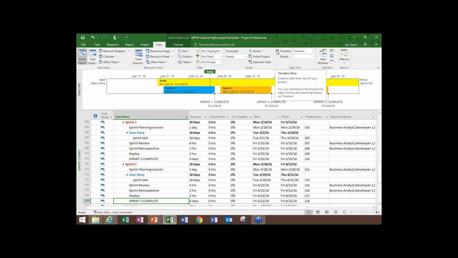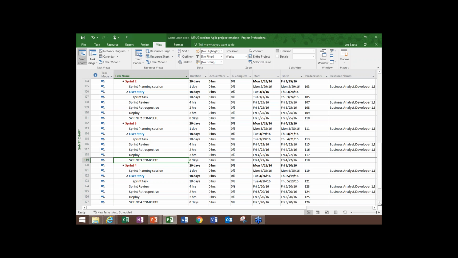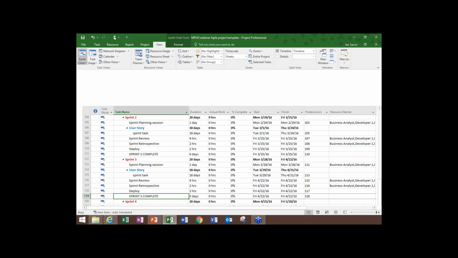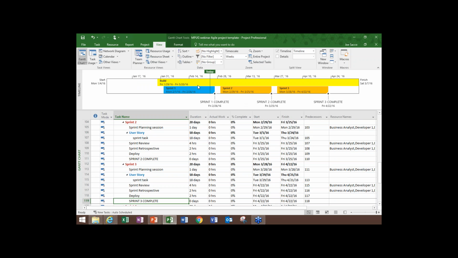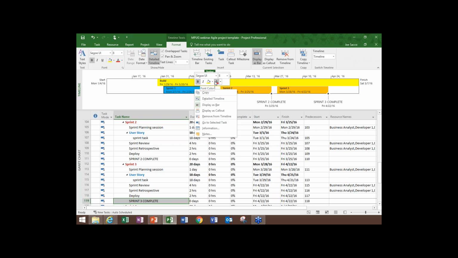I can hide the timeline again. That doesn't mean the work that I've just put into it goes away. It all stays there. I can modify how the timeline looks. So maybe I want the background color on this to be, let's say I want it to be green, that it's active. So I'm going to make it green. And these are future. Maybe I want them to be this. Maybe the orange is what I'm using, or maybe they'd be gray or another color. But you have the ability to really modify this in a lot of different ways through formatting.